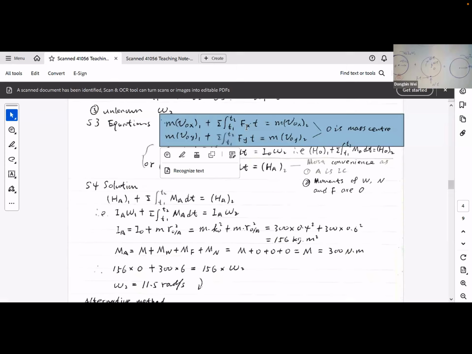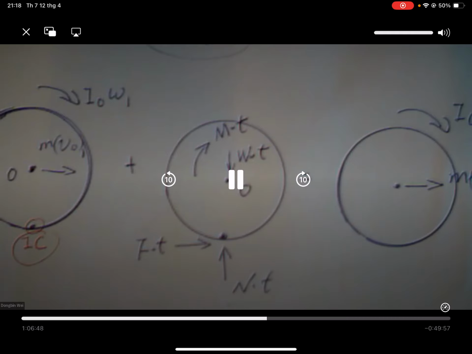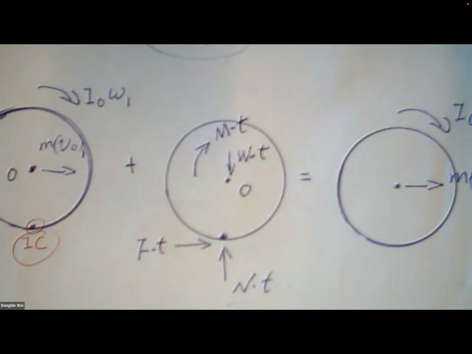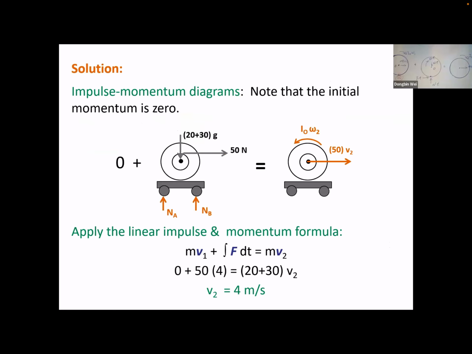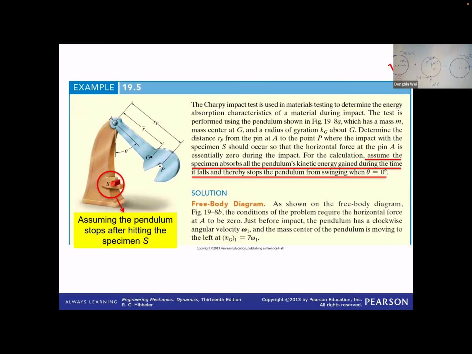Any questions? Okay, if you have no questions, we will move to the second part to talk about the conservation of impulse and momentum. And in this first part, we actually have another example problem, but because